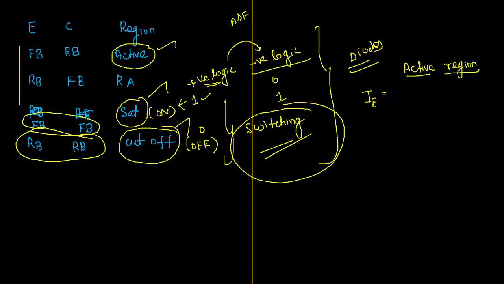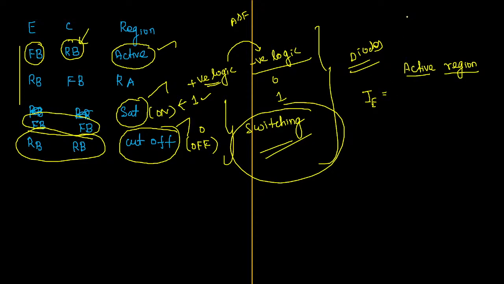So when we are keeping it in the active region, what we saw is that the emitter will be in forward bias and the collector will be in reverse bias. Yes or no? Yes, sir. So the collector is in reverse bias, and reverse bias means there will not be any current flow there. So now the current flow through the emitter is nothing but